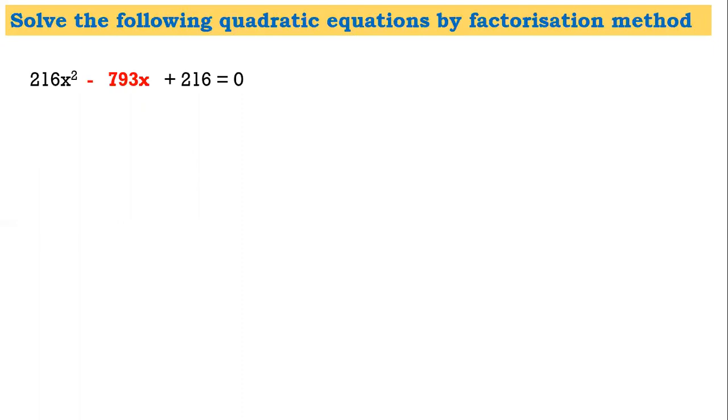Now students, if you look at this, we have to follow our steps. If I have to revise, the first step would be putting it in the standard form. Okay, it is in the standard form. We have to make sure there is no negative sign here. If there is a negative sign, we get rid of that. Now students, the next step says A into C.